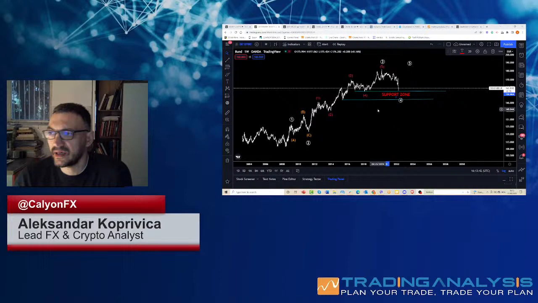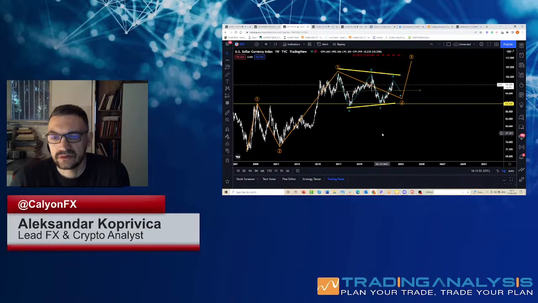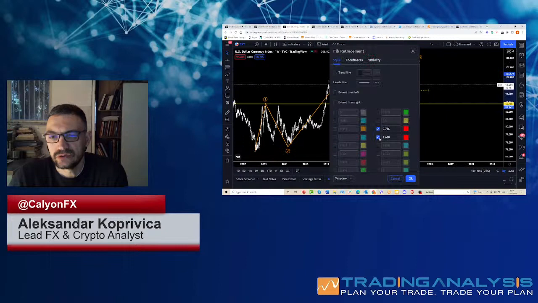So let's transition to the dollar index. As I said, I'm not going to pursue this situation, and it would be very unwise of me to hold on to one wave count, which tells us that the dollar will go lower. I was looking for the dollar lower following this 5-wave move down, looking at this as a correction. This wave count still stands. We are backing off of the 786 retracement, but with the current events, we need to be flexible.